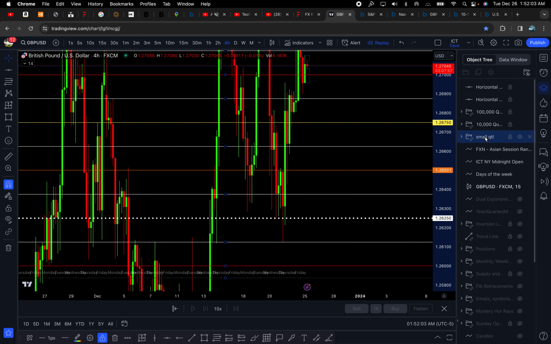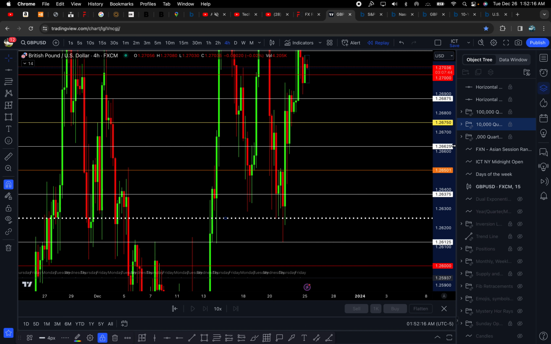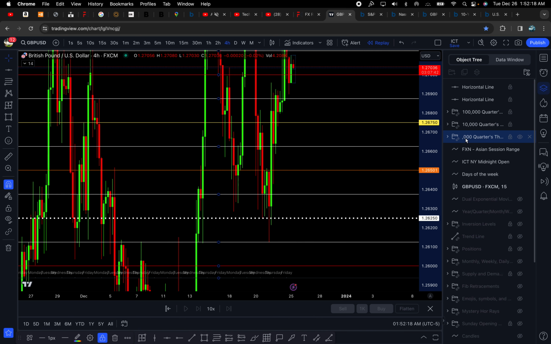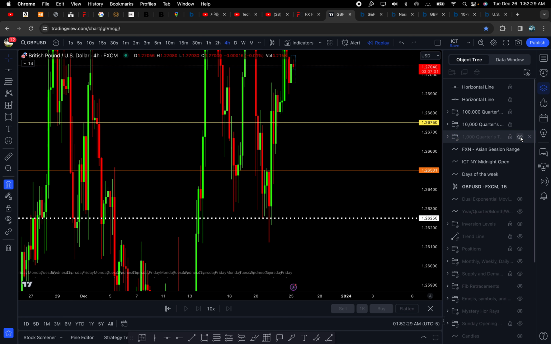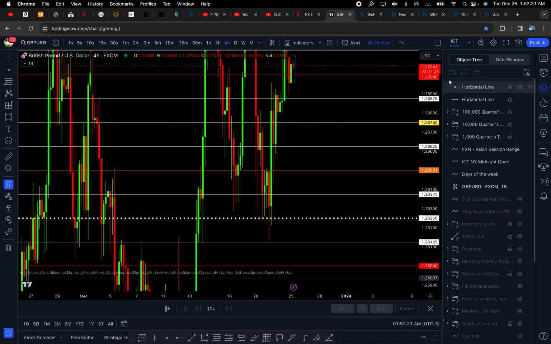Sorry, let me properly label this. Okay, so you can see it. That's the 1,000 quarters theory. Okay, and then if we just take that off,